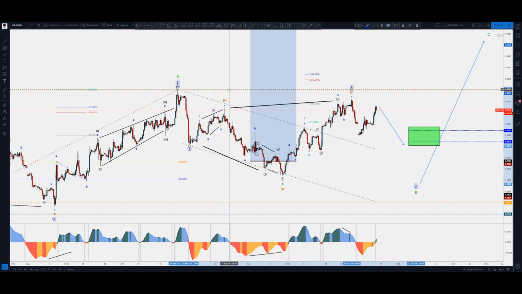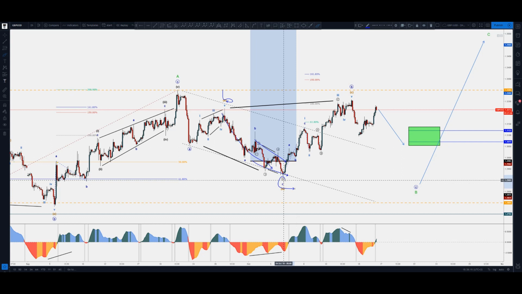kind of looks like a leading diagonal, right? I mean, in this rising wedge. So this to be an A, B, and then a C wave, I don't know, right? So it's a bit difficult for me to believe that this is actually the B and the ending diagonal in the C wave, right? So how I'm looking at this is as a potential expanding flat in an A, B, and then C, right? So we'll see if this would actually be the